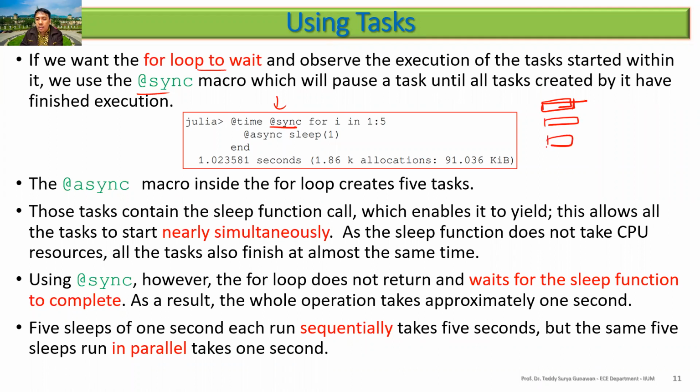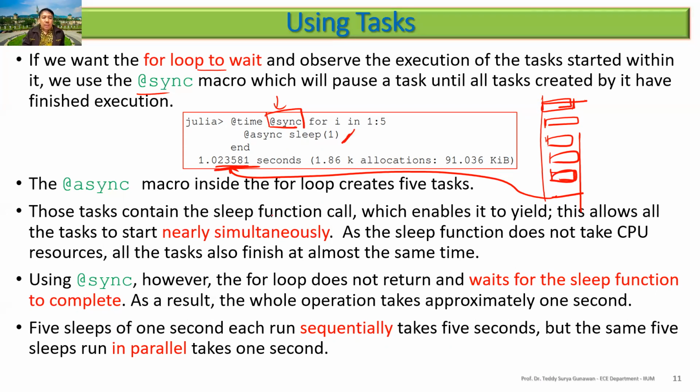1, 2, 3, 4, 5, all the same thing, but maybe one is running a bit late. So then we need to have synchronization. Altogether this is 1.03581, not 1 second, but you have some additional overhead for synchronization, because you need to wait for all to finish. This sync macro will force the scope here to synchronize.